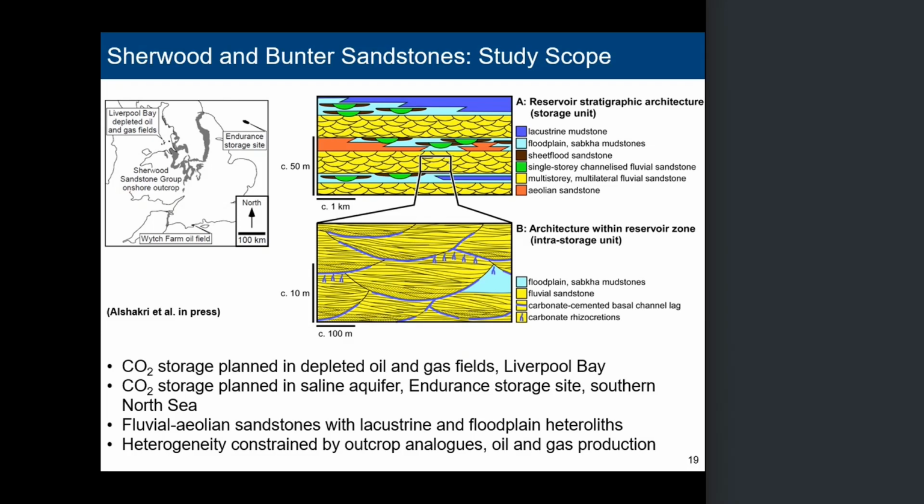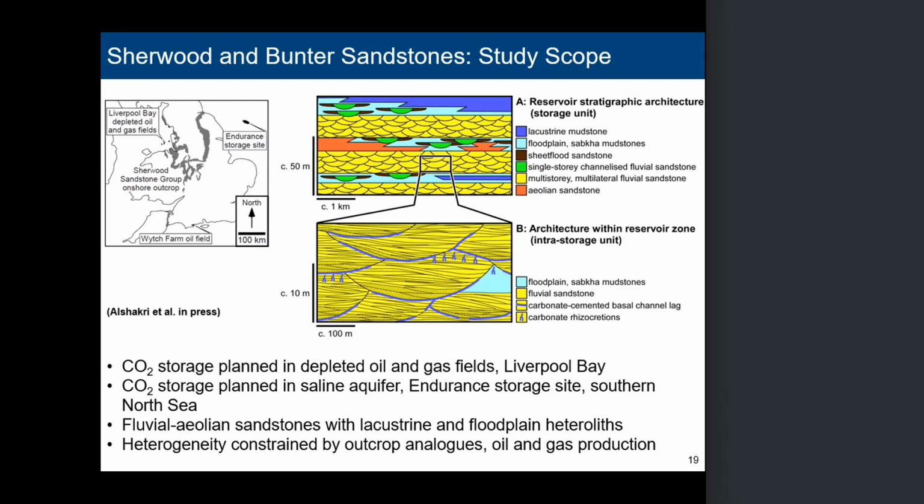The orange in here is aeolian sandstone. The greens are isolated, poorly connected fluvial sand bodies. The browns are sheet floods, so basically sand deposited outside of those channels when they were in flood. And then the paler blue in here is basically floodplains and mainly mudstones, and then the crystalline mudstones, which have the lowest permeability within this succession. So you get an idea about the larger scale architecture of the